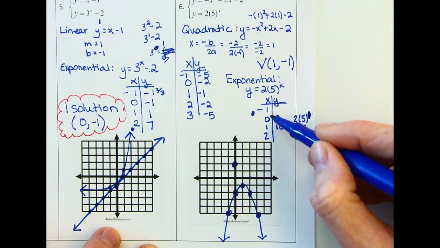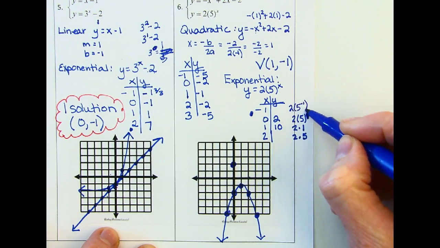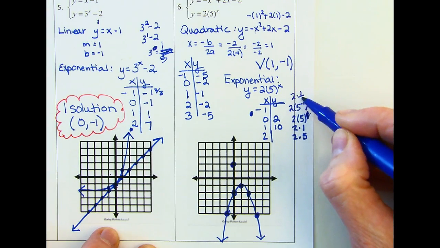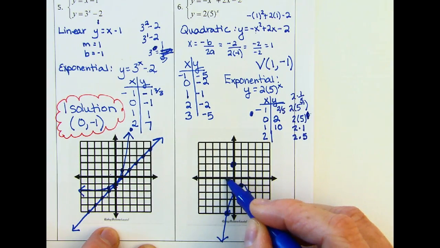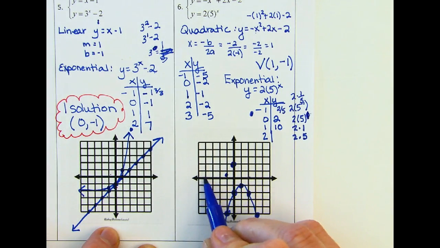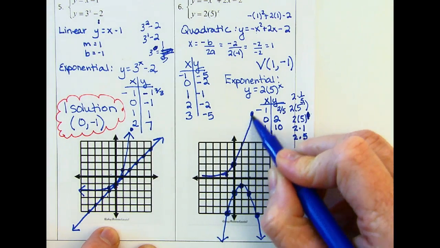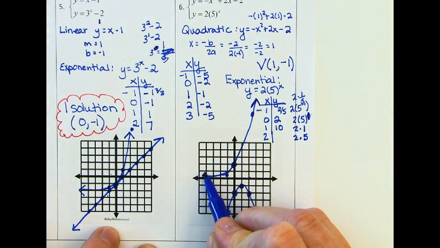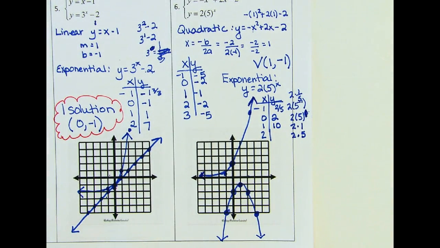So now let's go back to the -1. 2 times 5 to the -1 is 2 times 1/5, which is 2/5. So (-1, 2/5) is right here. So what's going on with this one is it's never crossing 0, and it's going up really fast. So that's what that looks like. Now, in this example, you can clearly see